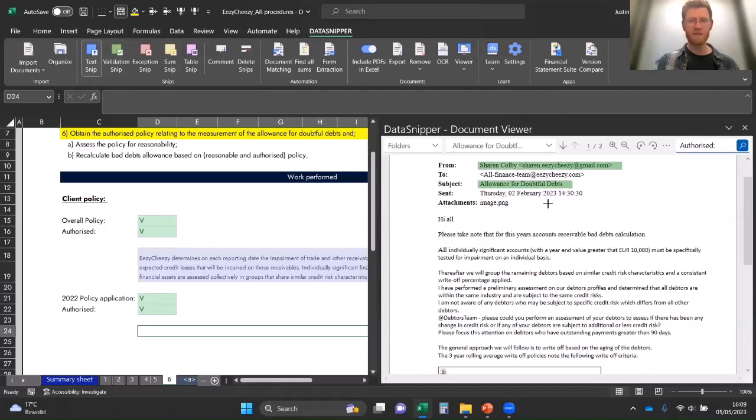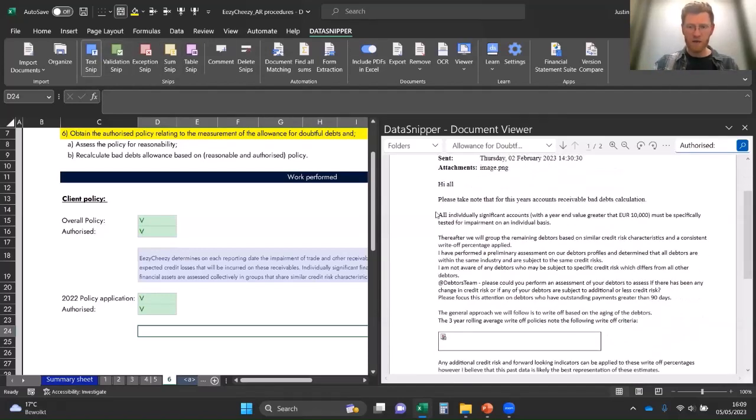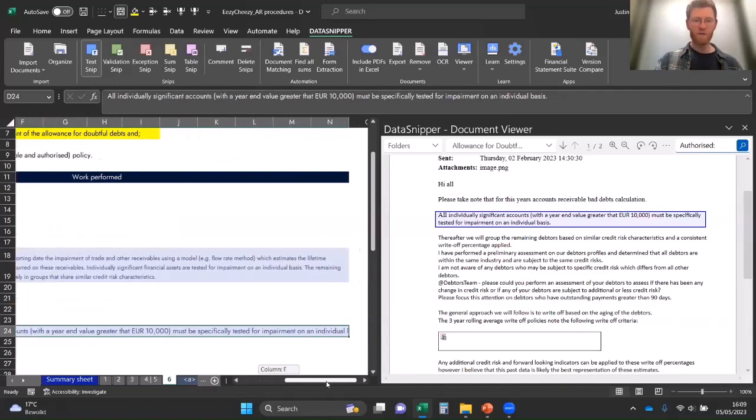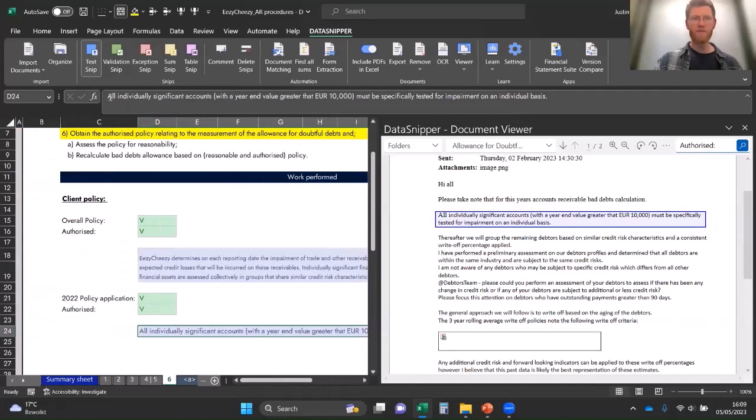Let's use some text snips and do that exact thing. You can see we've got a first section which says all individually significant accounts with a year-end value greater than 10,000 must be specifically tested for impairment on an individual basis. So now we're being a little more specific. What types of transactions are we going to specifically test? Transactions greater than 10,000. We've extracted that full sentence, but we can probably even summarize that further,